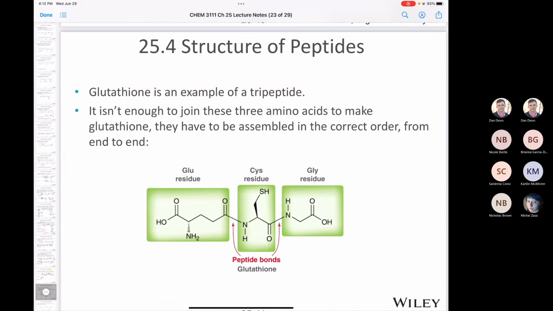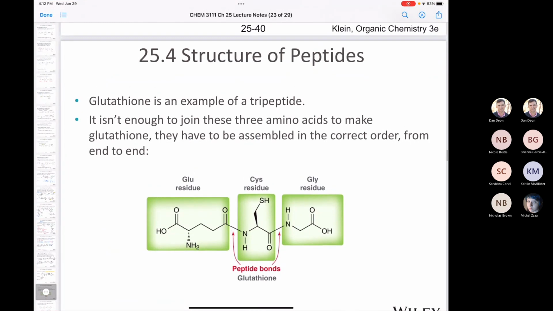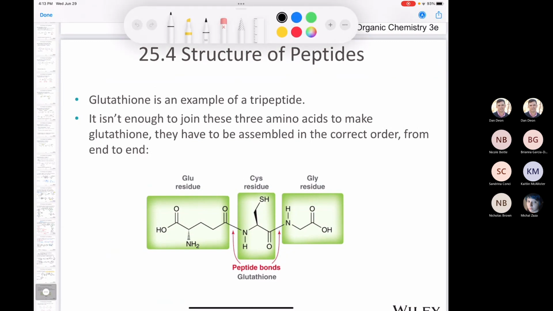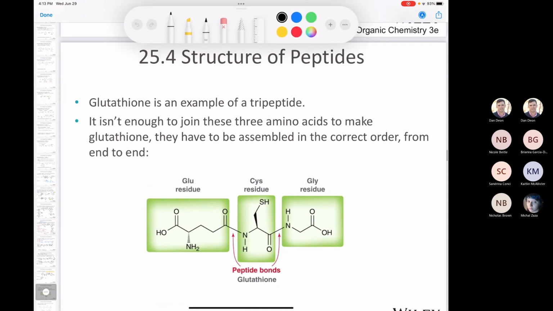And if you remember in our last class, we talked about amino acids and how an amino acid obviously contains an amino group and an acid group. And we talked a little bit about amide bonds. And I said that when you have an amide bond between two amino acids, we call it a peptide bond. And so we have an example of a peptide down here. This is called glutathione. Sometimes it's abbreviated as GSH,